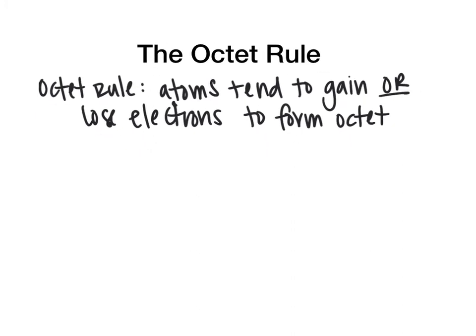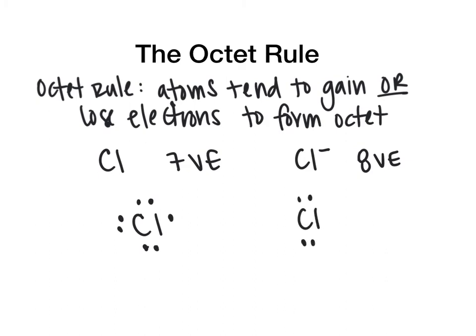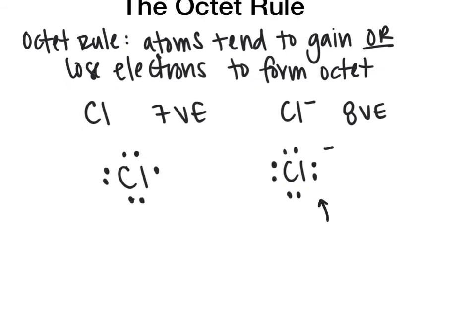And so when we think about chlorine, which has 7 valence electrons, we could draw the Lewis dot structure like this, where we have our 7 electrons. We know that preferentially when chlorine becomes the chloride ion, Cl-, it now has 8 valence electrons. So chlorine wants to achieve an octet by adding another electron. And once you add it, we can see that chlorine minus has an octet,